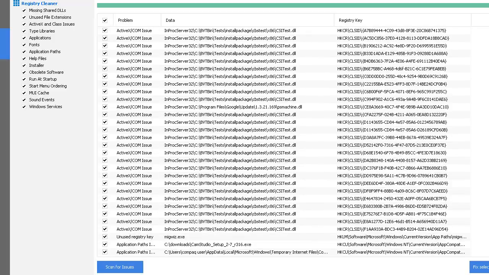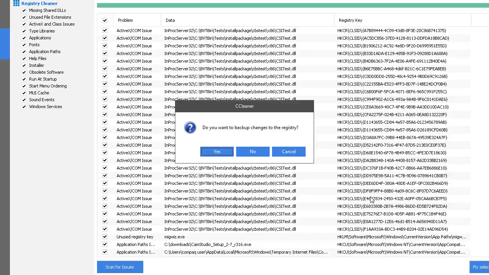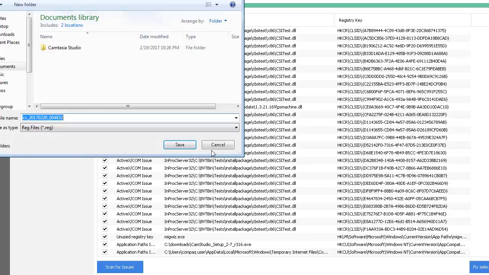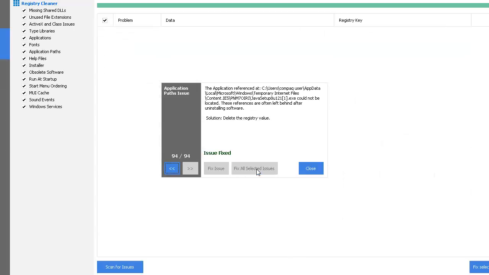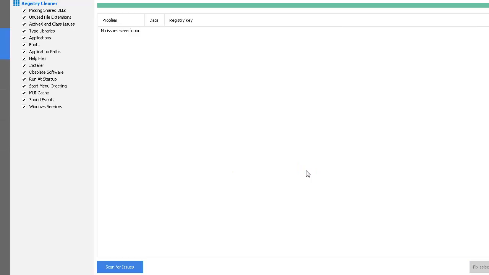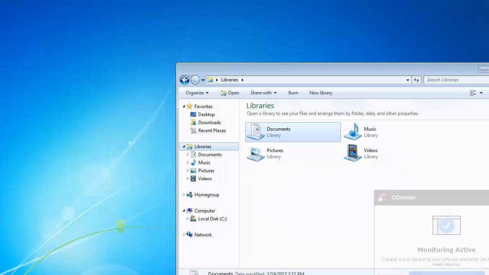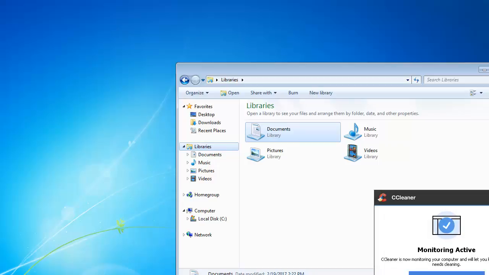We'll just click fix selected issues. And then do you want to back up changes to the registry? I usually don't, but for now I will. So I'll click yes. Then the documents thing opens up, and we're going to click save, and then we're going to fix this. So it says fix issue or fix all selected issues. And there's 94 of them, so we're going to fix all of them. And all issues are fixed. So we click close. And we get out of that, and this crap down here,